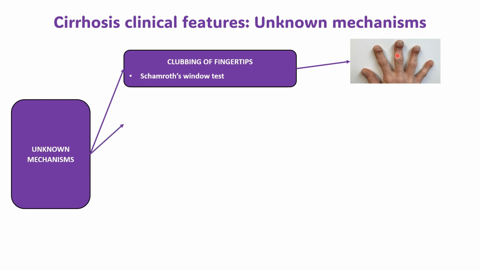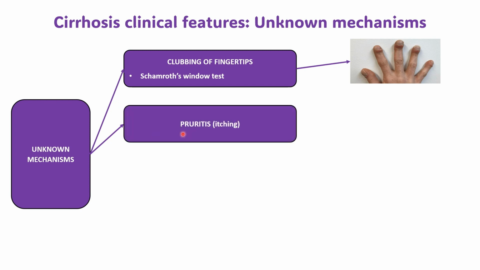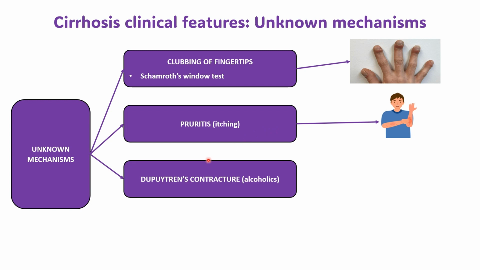And clubbing can actually be seen in other systemic disease, such as infective endocarditis, lung cancer, and can also be seen with more infective etiologies, such as tuberculosis. The second thing we tend to have in cirrhosis is pruritus, which simply means itching. Can also develop